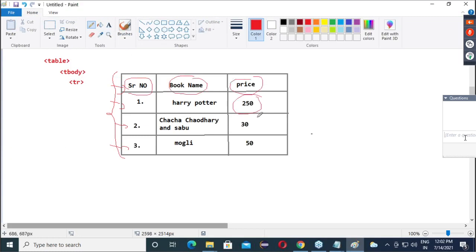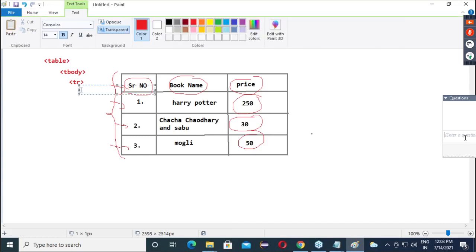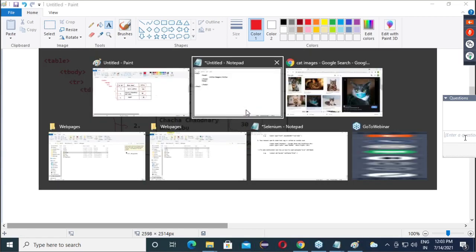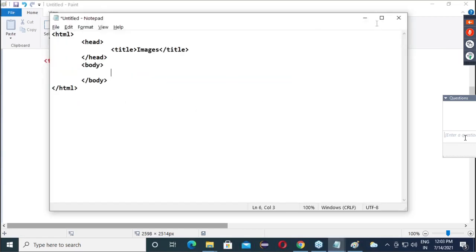Everything here is nothing but data present in a table row, so that is reflected as td. Is everyone clear? So what is the hierarchy of any table? table, tbody, tr, td. Clear with this? Okay.